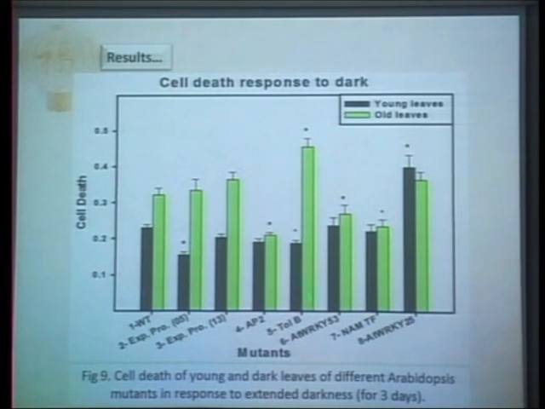Whereas this ROCK25, even in younger leaves, we observed higher level of cell death. So in absence of this transcription factor, we expect to have lower level of cell death, which means it reduces the activity of extended darkness on senescence. So we might predict that this gene might be involved in protecting the plants against senescence.